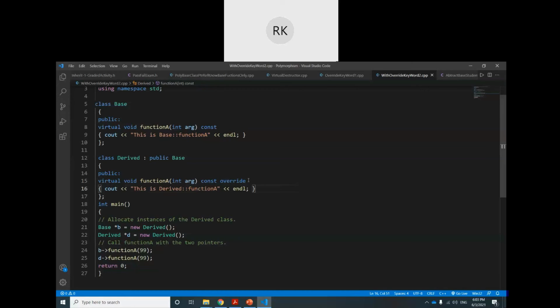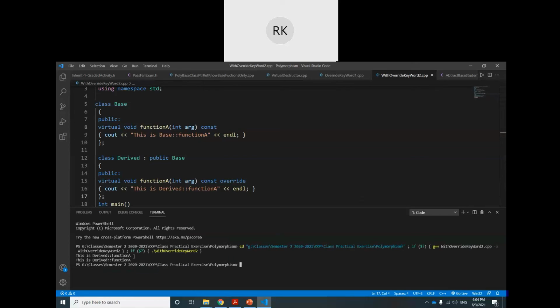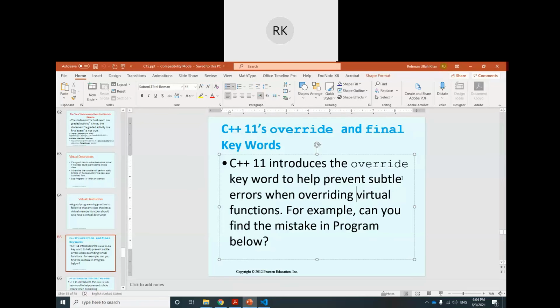This keyword makes sure that the compiler will call the child class function. If I run this one, it is 100% sure that it calls the derived class function. This is a new keyword in C++11, the override specifier. It will force the compiler to use dynamic binding.